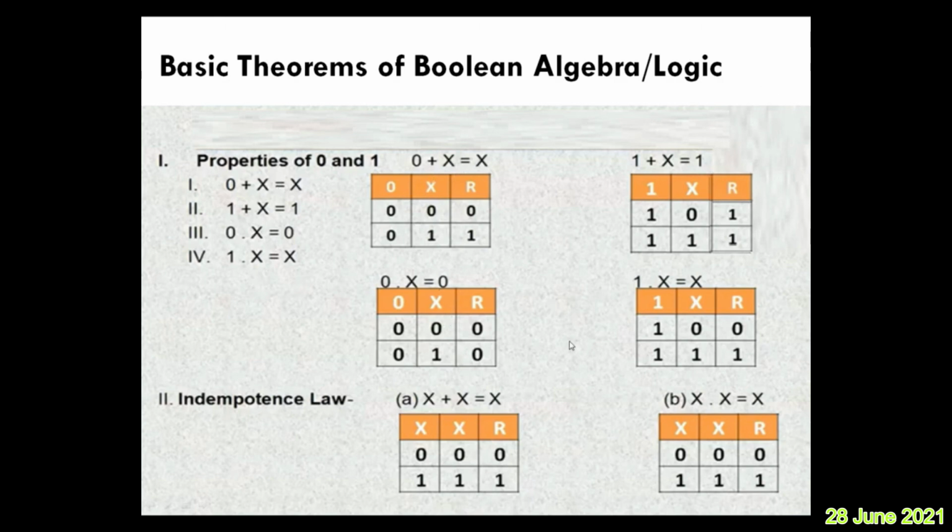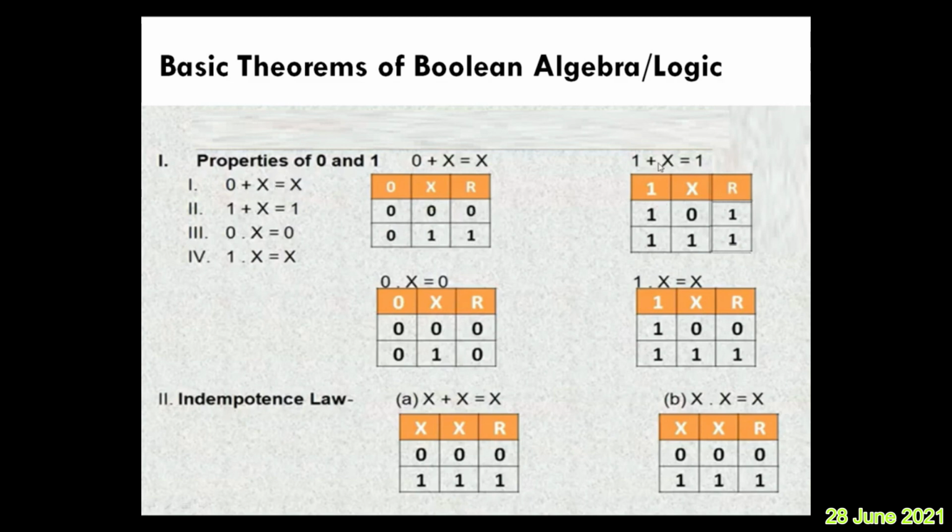The two tables are given. One table I will explain to you. See, possible values of x are 0 and 1, and with 0 what will happen? 0, 0 is 0 and 0, 1 is 1. What does it say here? Whatever x is there, it remains the same. That is the meaning here.